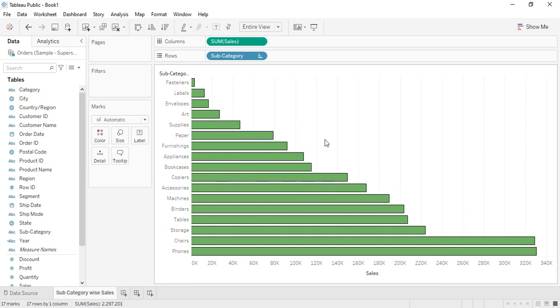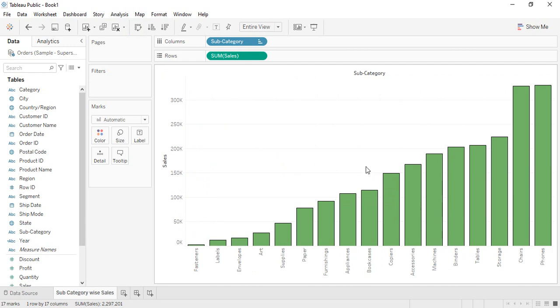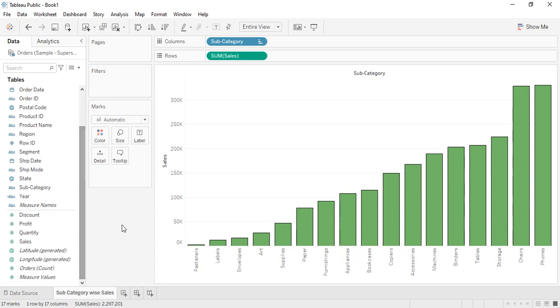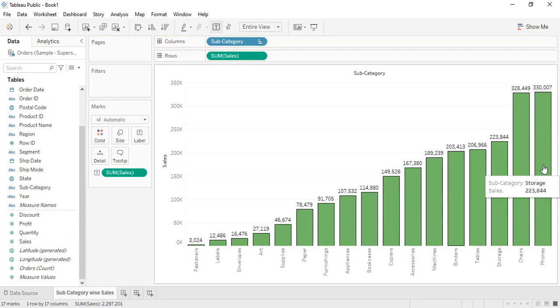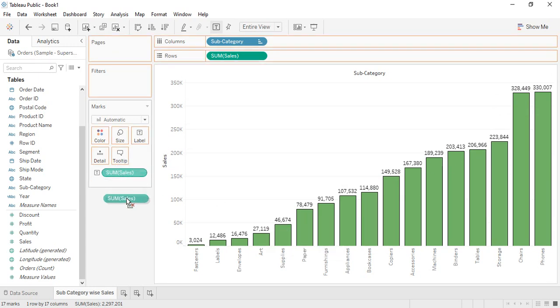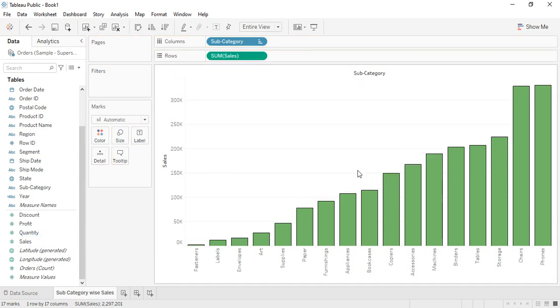Now suppose you want some more information to be visible, like you want the sales amount to be visible as well. Let me go in this fashion because that's much clearer. I want the sales amount to be visible. There are two ways through which I can work. First, I can just drag the sales and drop it into this labels column. Once I do that, all this sales amount is visible. If I don't want that, I can just delete it. Just drag the sales into this blank area and that would be deleted.